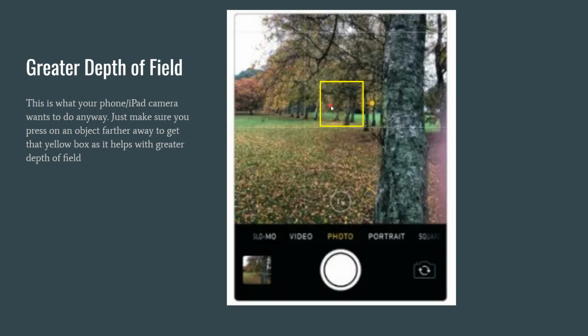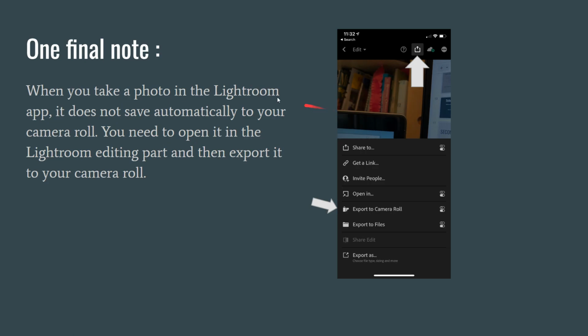Greater depth of field is not really a problem. Your phone wants to do that anyway. So just open up your regular phone camera app, and you can click on something farther away, and focus on something farther away, as we mentioned earlier, and that will help create greater depth of field. So, one final note, if you do take pictures in Lightroom,